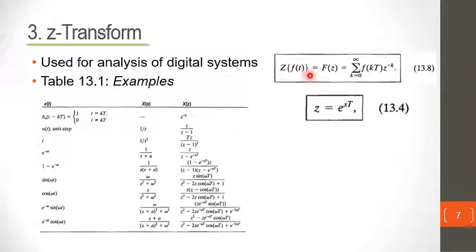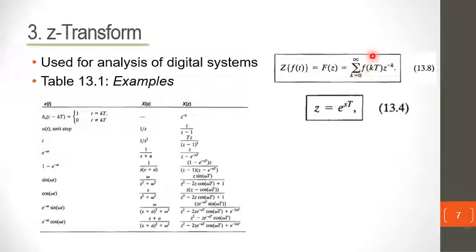It represents the discrete time or digital representation of that signal in the Z domain. We'll call it the Z domain instead of the S domain, whereby Z is equal to e to the power S of t. This S is like that Laplace transform variable, the complex variable given by the Laplace transform. So you take the Z transform of f of t, normally represented as F of Z, which is basically an